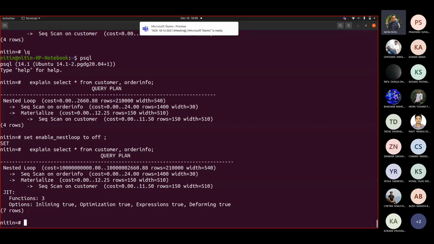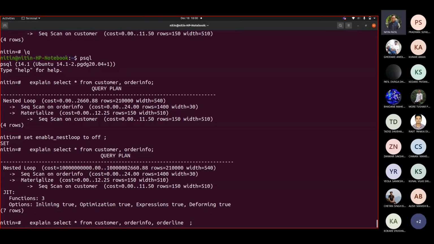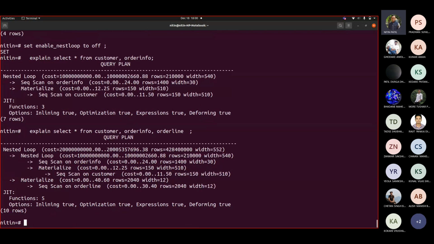So what happens if I use 3 tables? Like I asked you to write this. This was the plan. Correct? Now let me add the where. Now see how much bigger a plan I'm going to get.